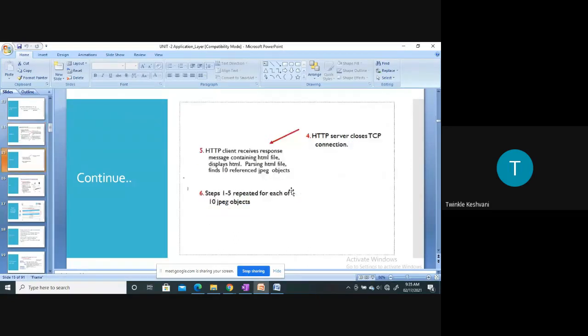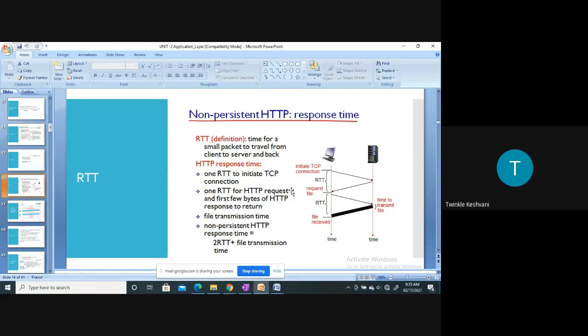Okay, पहले ये समझा देती हूँ round trip time. So round trip time का मतलब क्या है? Time for a small packet to travel from the client to the server and back. यानी कि सोर्स से जब पैकेट सेंड होता है, that is starting from the source point, reach the destination point, that is reached at the server side, and again come back to the client, that is referred to as a 1 RTT.